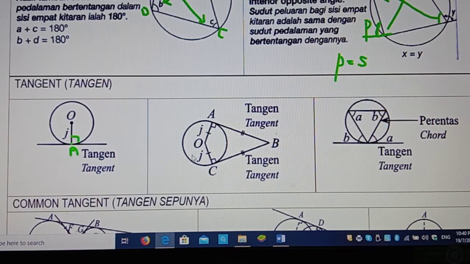Okay, now let's say we draw two tangents passing through point A and point C, and the two tangents intersect